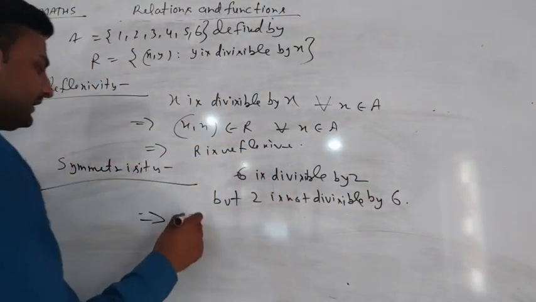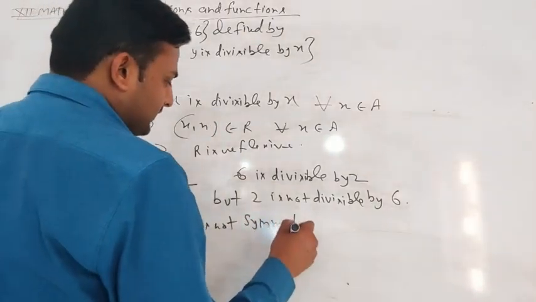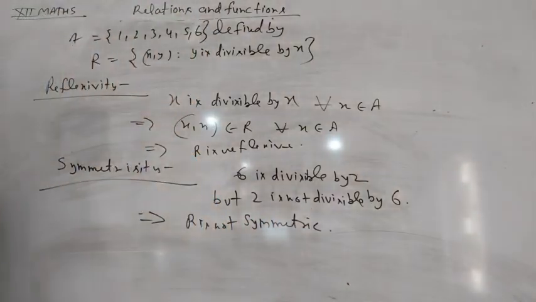So this implies R is not symmetric on set A. Okay, students, we are seeing that